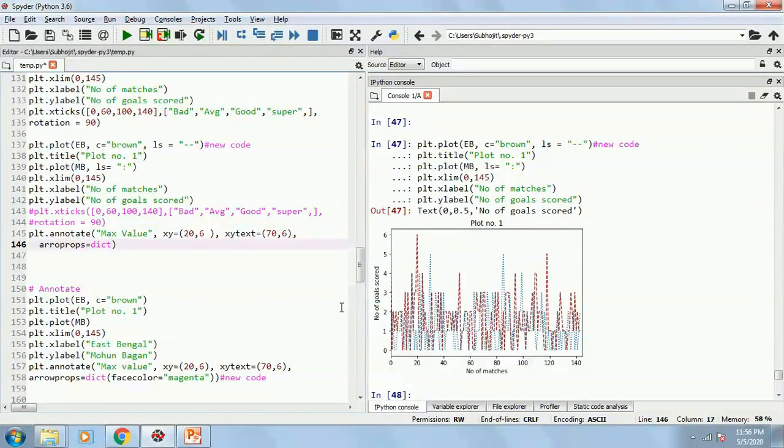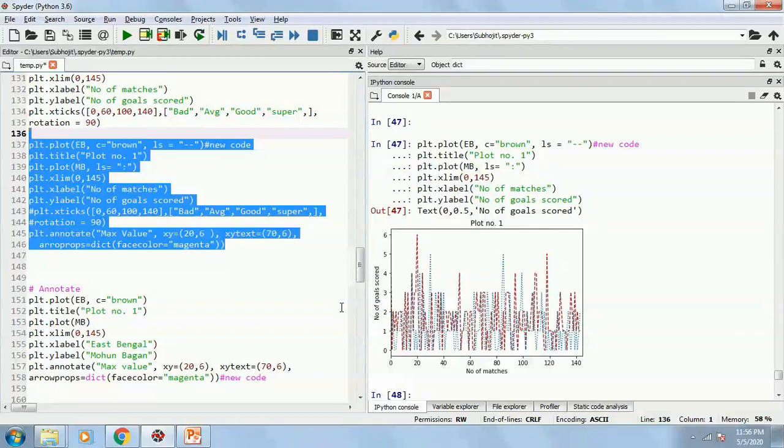The dictionary will tell you what properties I want to mention for that arrow. I just want to mention that the arrow should be there, and I want to mention a color for that, that is facecolor equals to maybe magenta,